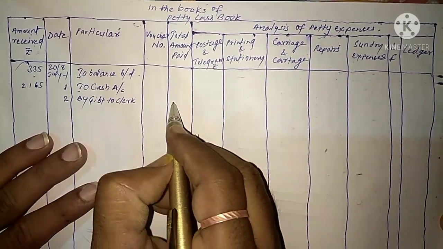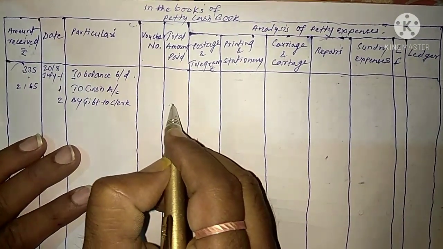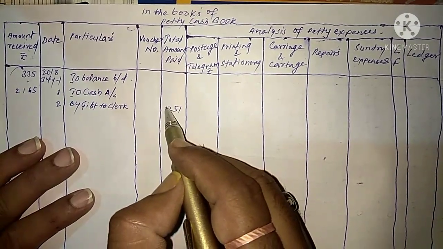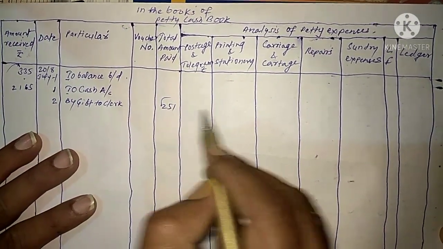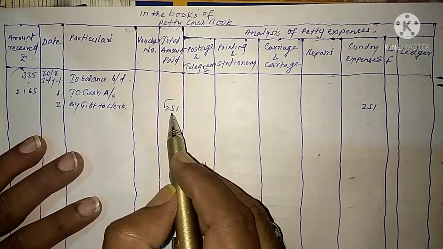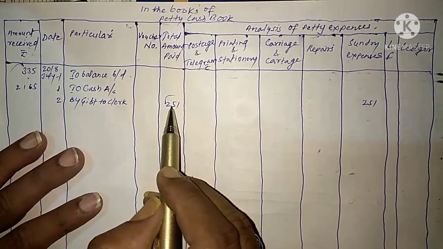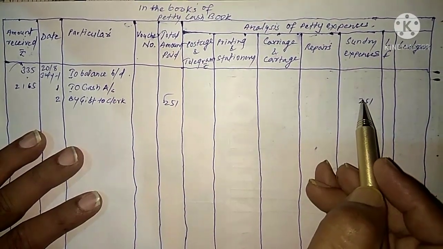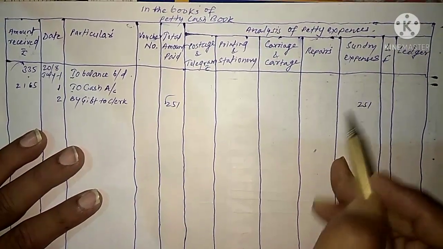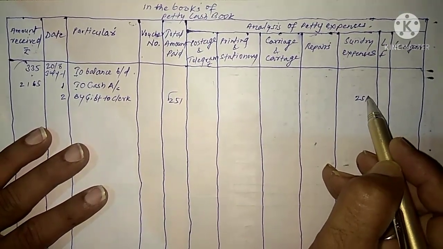So here in amount column, first we have to write the amount in amount column, that is 251, and then after write the amount in total amount paid, then that we have to put this amount to the sundry expenses column 251. इसका मतलब यह है कि पहले जितना भी पेमेंट हुआ है उसको इस कॉलम में हमको दिखाना जरूरी है. ये टोटल अमाउंट पेड कॉलम में पहले हमको लिखना जरूरी है, उसके बाद में फिर उसको ट्रांसफर करना है उसके रिलेटेड अकाउंटिंग हेड्स को. जैसे ये 251 टोटल पेमेंट आपको यहाँ दिखाना है, and then we have to show this amount to their respective accounting head, it will go to the sundry expenses account. So again we have to write in sundry expenses column accounting head, that is 251, like that.